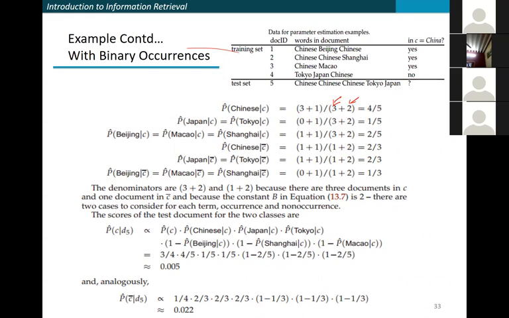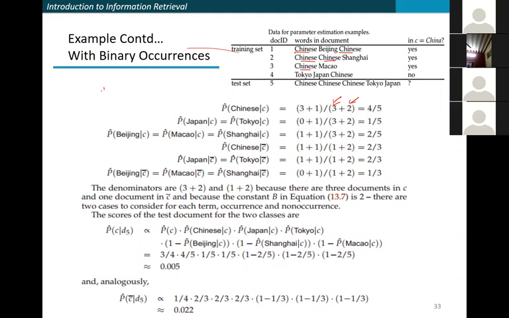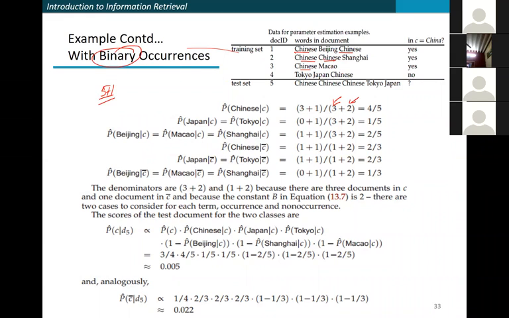so denominator मेरा change हो जाएगा। और अगर मैं unique occurrence ही उसकी देखूं भी word में, पिछले case में मैंने total occurrence देखी थी कि 5 बार आ रहा है, but अगर मैं सिर्फ ये देखूंगी कि हर document में आ रहा है या नहीं आ रहा है, तो थोड़ा सा model change हो जाएगा। So पिछले case में जहाँ पे 5+1 कर रहे थे numerator में, क्योंकि Chinese 5 बार आ रहा था, अगर मैं binary occurrence देखूंगी, सिर्फ ये देखूंगी कि आ रहा है या नहीं आ रहा है,